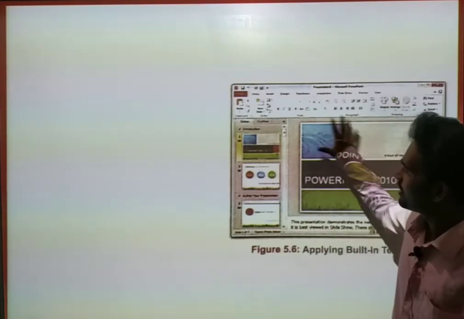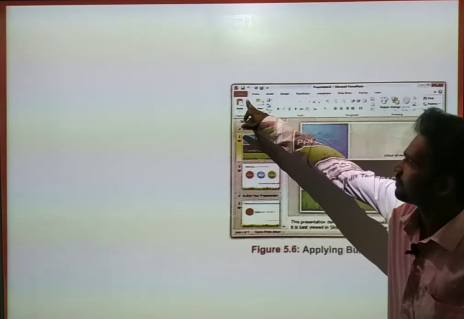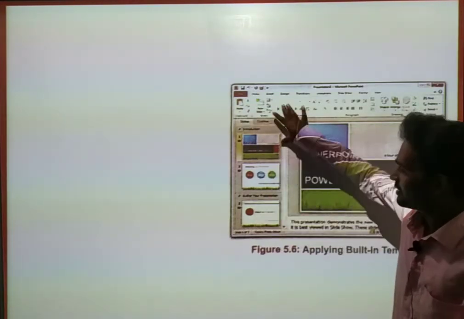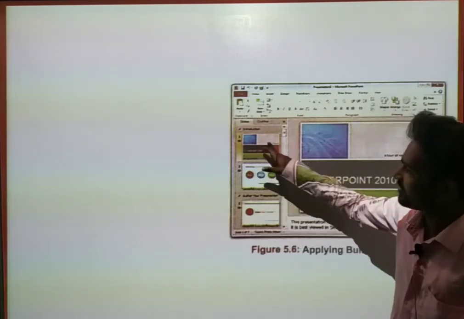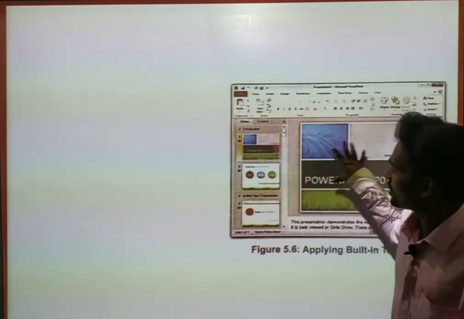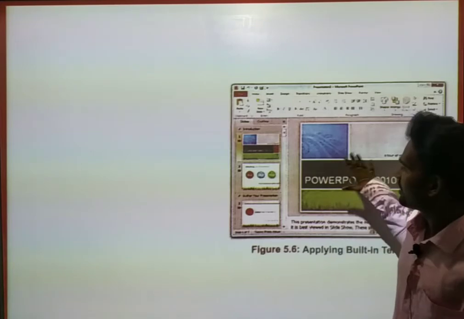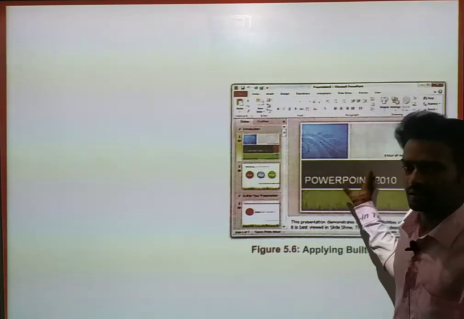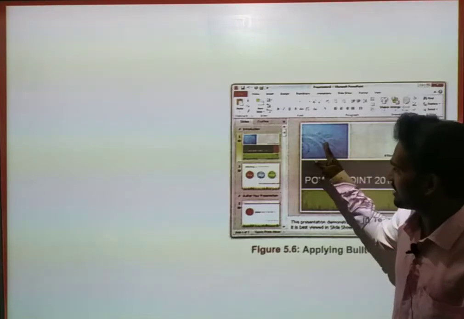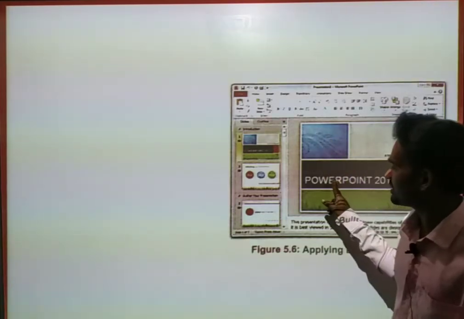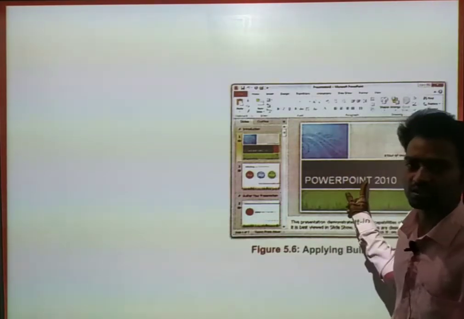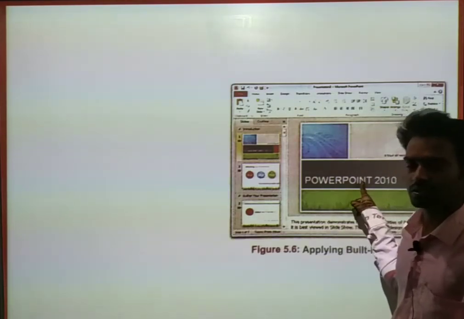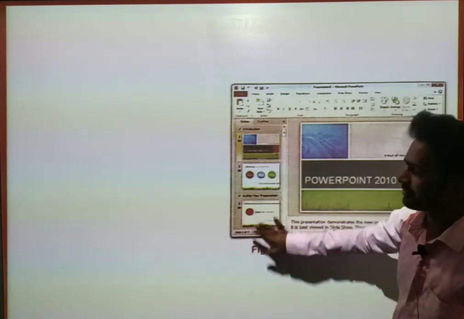See here. So we have to start with the presentation. These are sample templates, which are given in your book very clearly. This is a sample template. Here it is given different layouts. So according to our layout, we can change. Here it is given some layout, PowerPoint 2010. In this template, if you don't like this color, we can change it. And if you don't like this font style, you can change it. And if you want to change the name, we can change it, because it is a template.